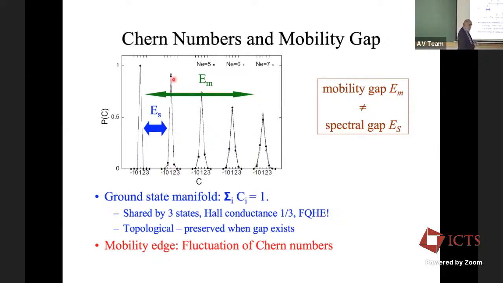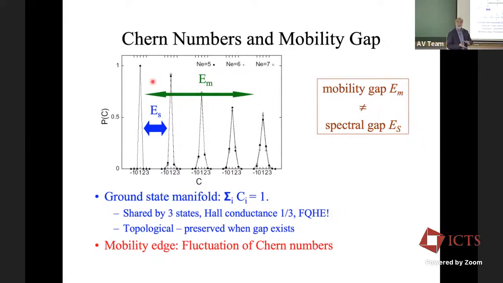So the way we understand this transition that is happening from a fractional quantum Hall state, in which case the ground state is given by this manifold, is that these different excited state energies actually go down in energy as the disorder is increased.